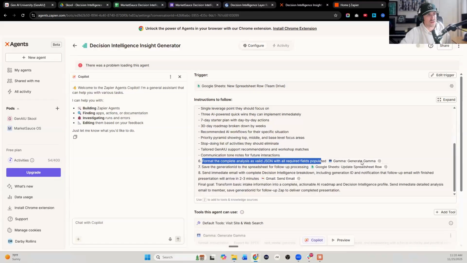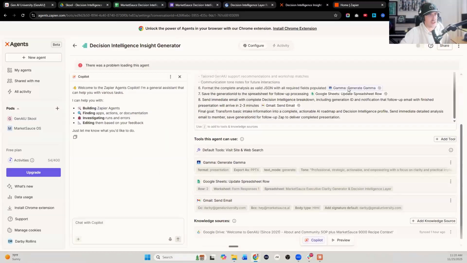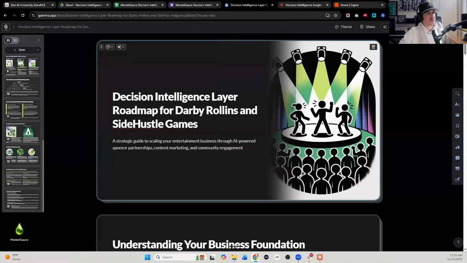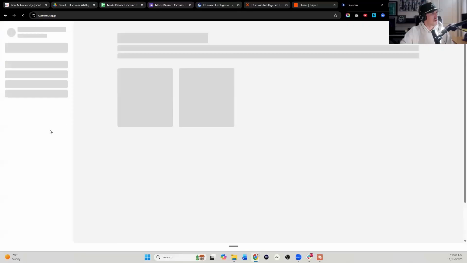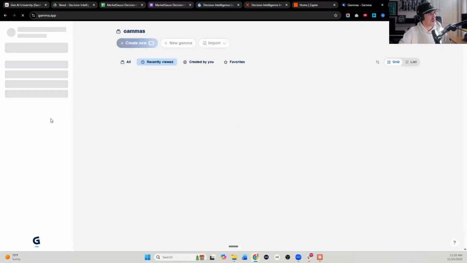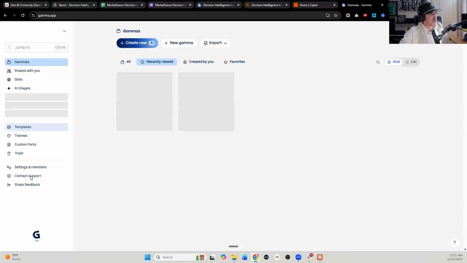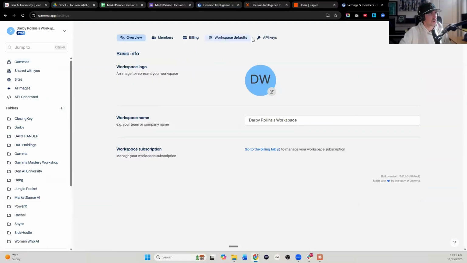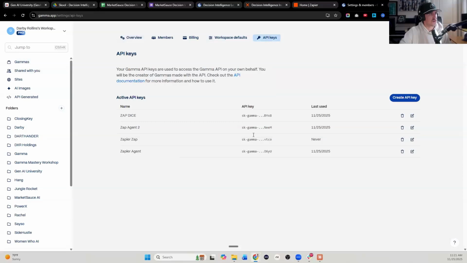And once it goes to generate a Gamma, it'll trigger with the Gamma API, the actual API that you're using with Gamma. A quick tab back to the Gamma document. When you're in Gamma, here's how you get to your API, and I think you need to be on the Pro plan to be able to use that. If you go to settings and members on the left side,